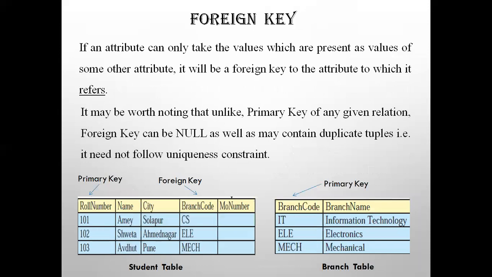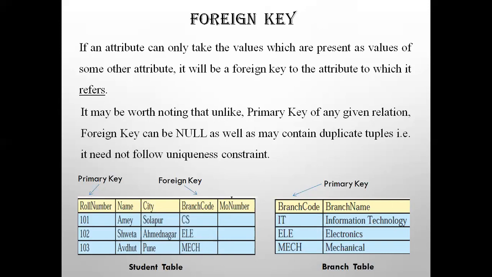Last is the foreign key. It is used to represent the relationship between two relations or two tables. It's an attribute whose value is derived from the primary key of another relation.